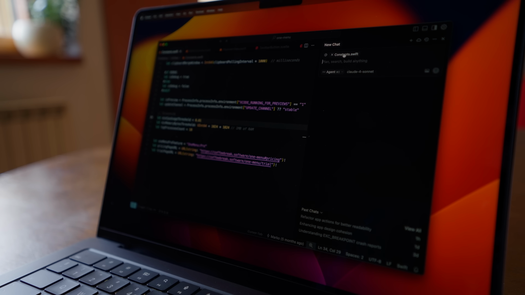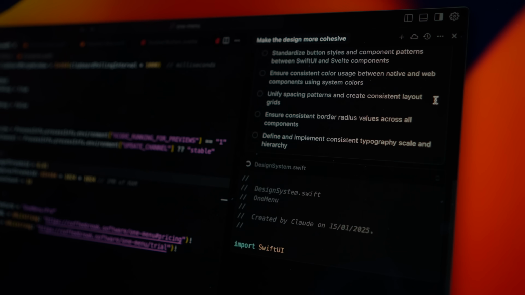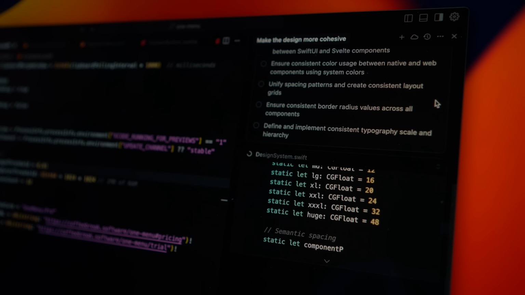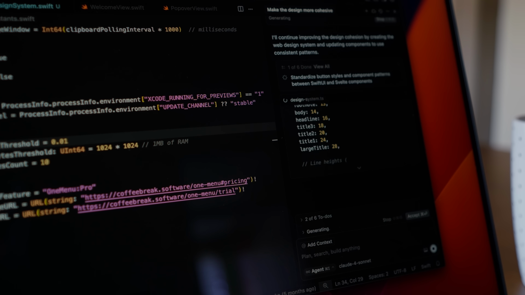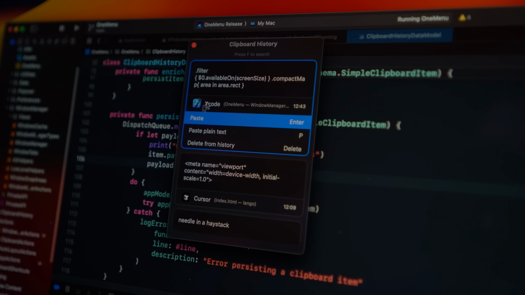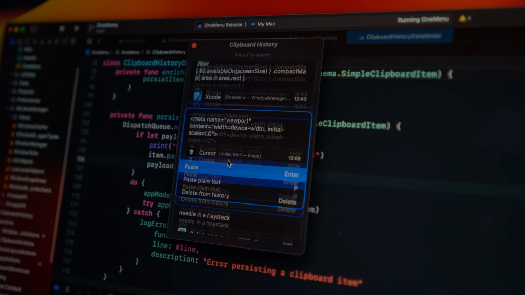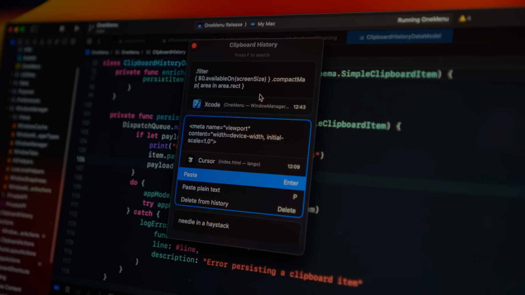But now, what am I supposed to write in my Cursor AI chat? Make the design more cohesive? How likely is it that it produces something usable? I mean, it sure is going to do a lot of work, but at the end of it all, what if I don't like it? And you might say, well, Marco, that prompt is vague, the instructions are unclear. And that's fair to say, but consider this. If I spend my time thinking and formulating my thoughts like change the border here, update the padding there, who is really doing the design? Is it Claude or me?